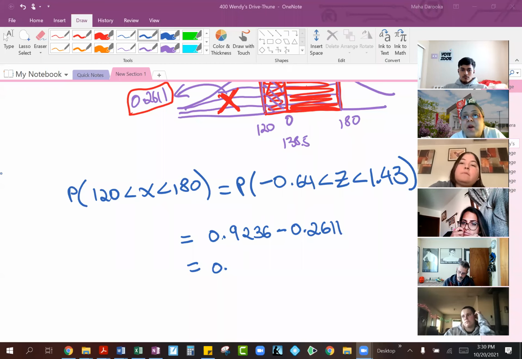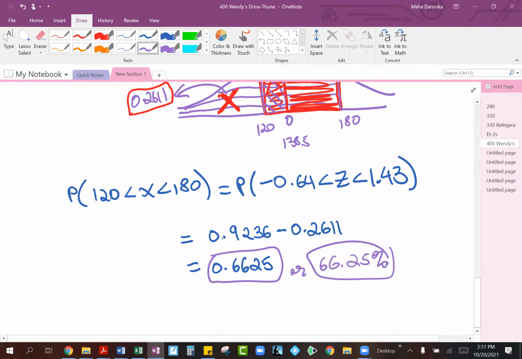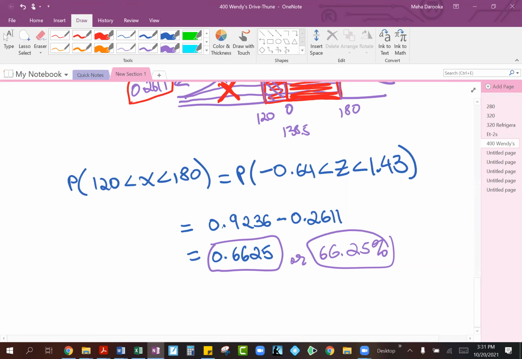So that's giving us a probability, or I guess they're asking it as a proportion, but this is coming out to be 0.6625. And that is definitely going to be our proportion for this. And again, if they ask you as a percentage, which the question is not really asking, that would be your percent. So again, you can see that's more than 50%. So that means the chances are a good chunk of their customers can end up spending between 2 and 3 minutes, which seems like a fairly